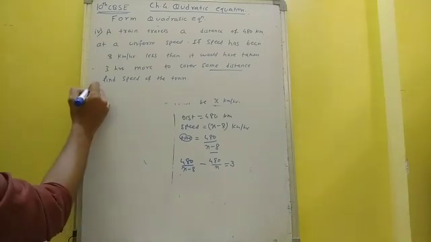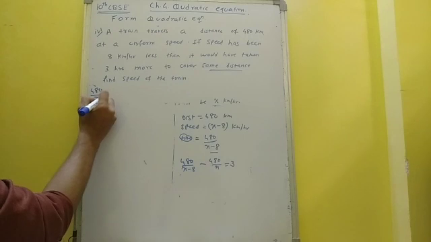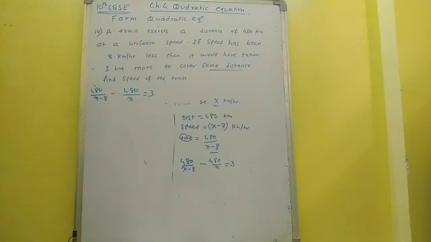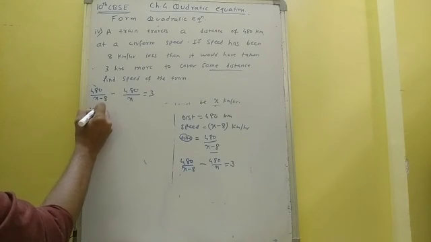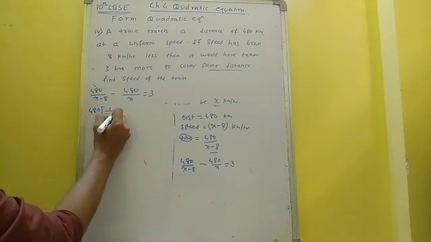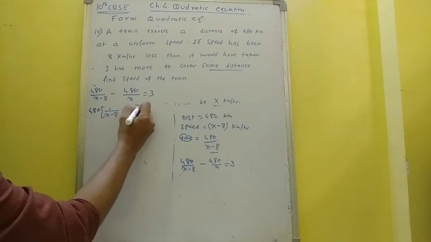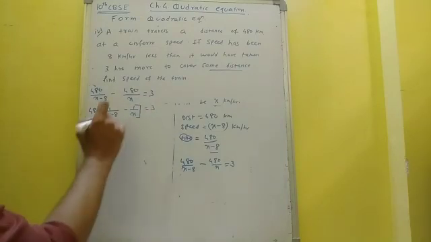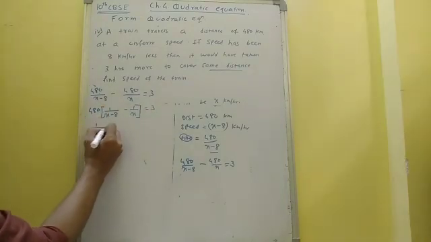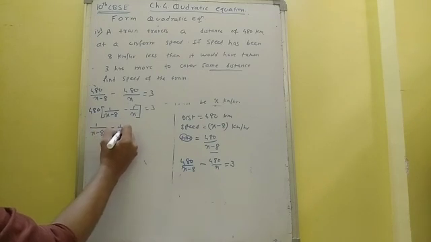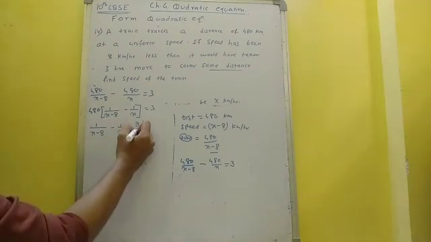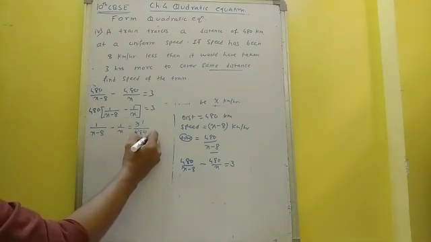So we have 480 upon x minus 8 minus 480 upon x is equal to 3. Now I will take 480 common in the numerator. So I have 1 upon x minus 8 minus 1 upon x. In both numerators there was 480, so 480 became common, is equal to 3. 480 will go there and get divided. So 1 upon x minus 8 minus 1 upon x, and we have 3 upon 480, which can be reduced: 3 ones are 3, 3 sixes are 18, and 0s are.